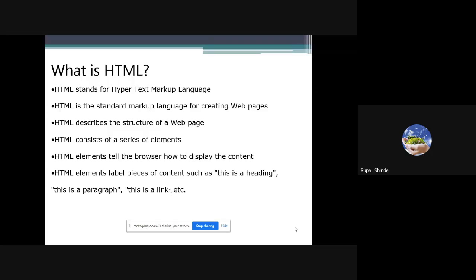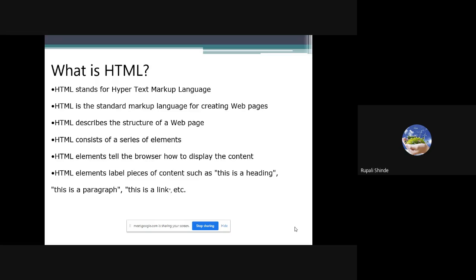HTML consists of a series of elements. As we have seen, we can say element. These are the assets of the HTML language. With the help of elements, we can decorate our website. Whatever we want to insert, we can insert with the help of elements.